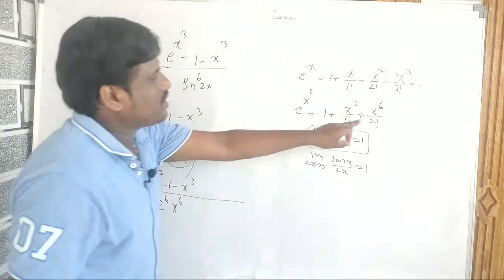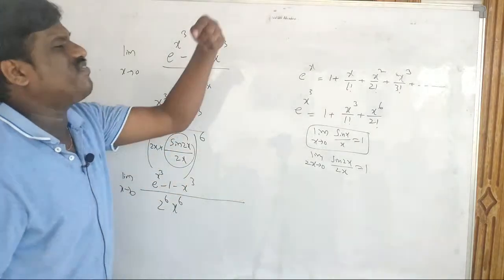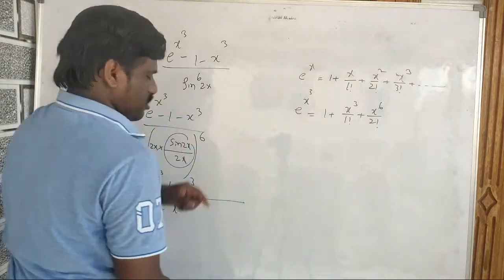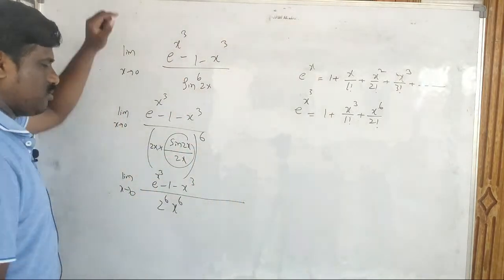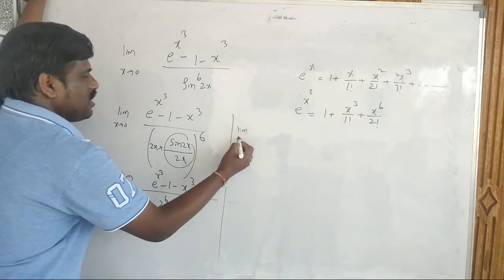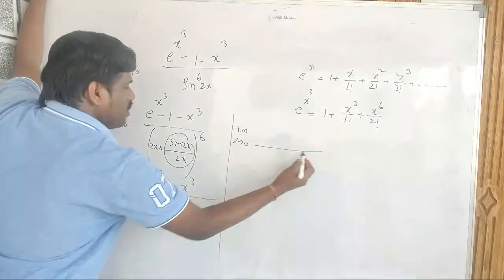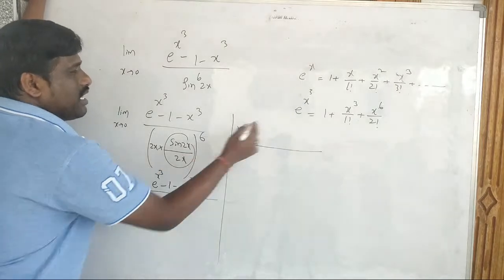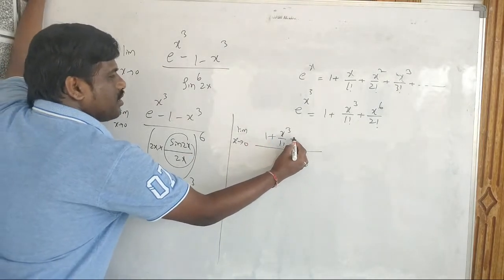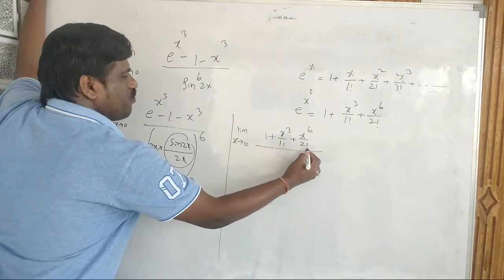So I can go till x power 6 only. No need to go for another term. So here, according to that, e power x cube I can take till x power 6. So what I write here: limit x tending to 0, e power x cube I can write as 1 plus x cube by 1 factorial plus x power 6 by 2 factorial